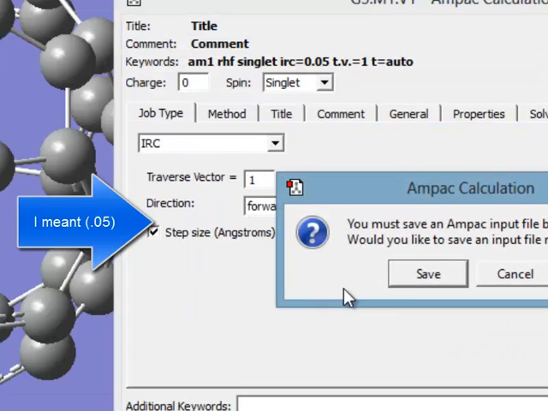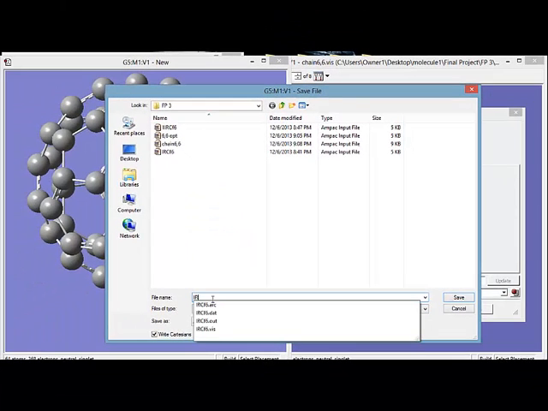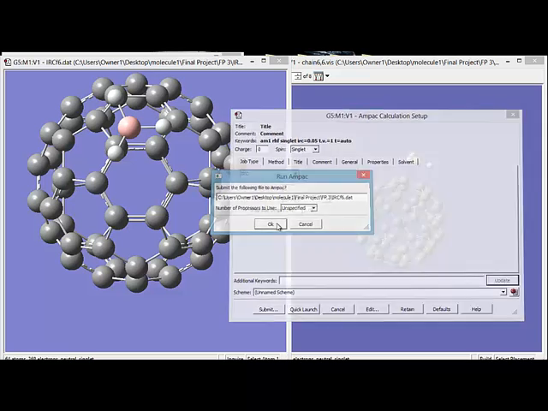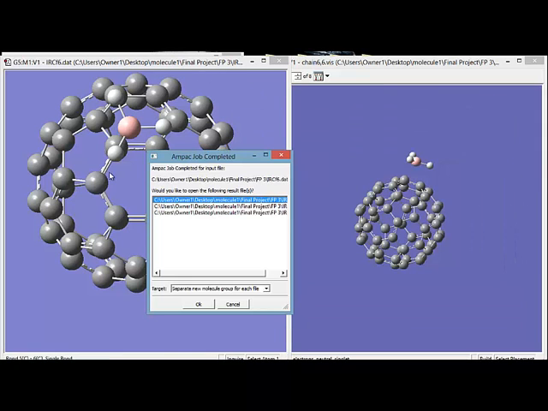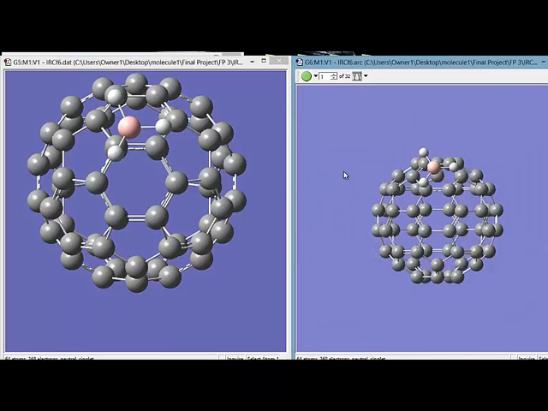So you're going to submit, and you're going to save, and you're going to call this IRCF6, and it's a 6 because I'm referring to node 6. And I already know it. Yes, already. So I click yes and okay. What you want to select from here is the arc file. Selecting the arc file, you click OK, and here's your